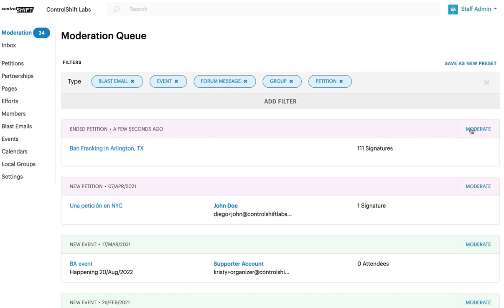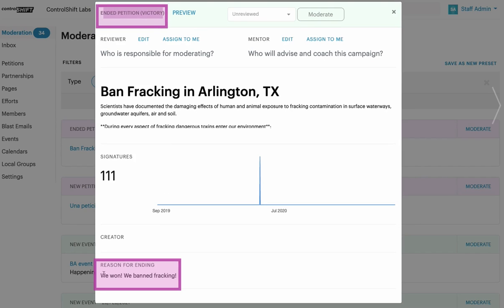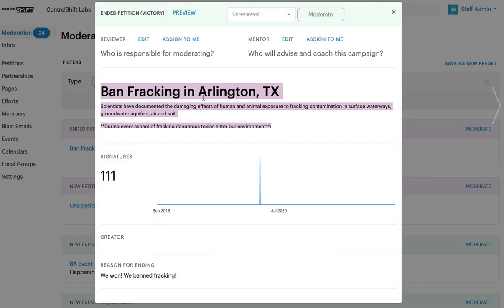From here, click the Moderate link to open the moderation modal. As you can see, this modal looks a bit different than it would for newly created petitions or for edited campaigns. At the top of this modal, you can see that this petition was listed as a victory. You can also see the reason that the petition creator entered for ending their campaign at the bottom of the modal. In the center of the modal, we provide some details about the petition, including its title, some preview text,